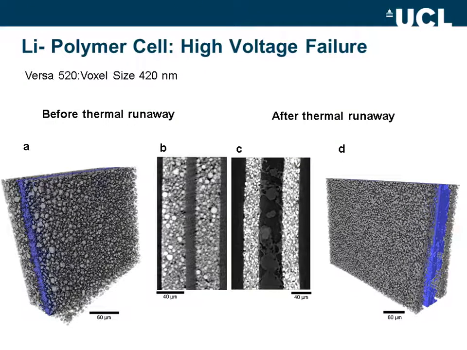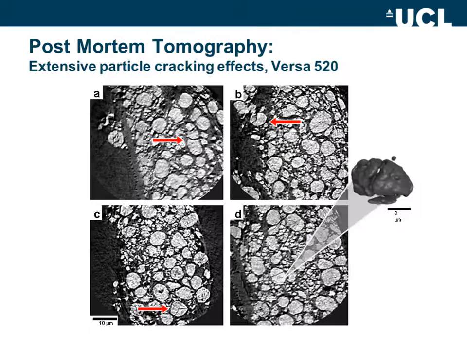And as we go down the length scales again, we can compare the microstructures before thermal runaway with a voxel size of 420 nanometers on the left-hand side and after thermal runaway on the right-hand side. And by applying various image analysis and quantification tools, which I don't have time to go into today, we can understand exactly what the consequences of thermal runaway are and ultimately design strategies for microstructures and morphologies that might prevent